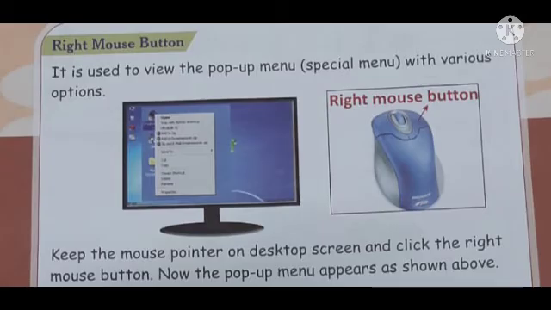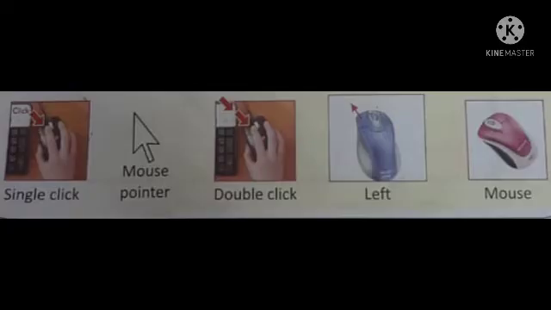Finally I show now what options are available for the mouse. Mouse is used for single click. So the mouse is called the mouse pointer. Then the mouse is used to double click, to open the document, or used with the left hand button. So these are the options used for input device in your computer.